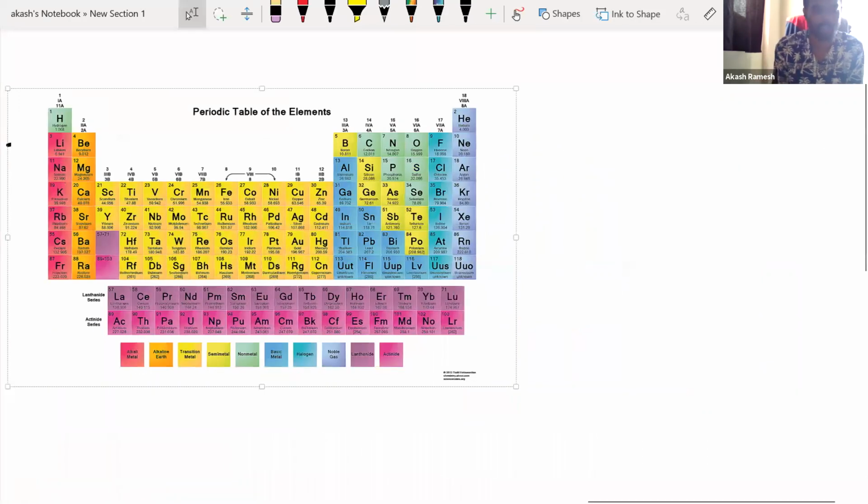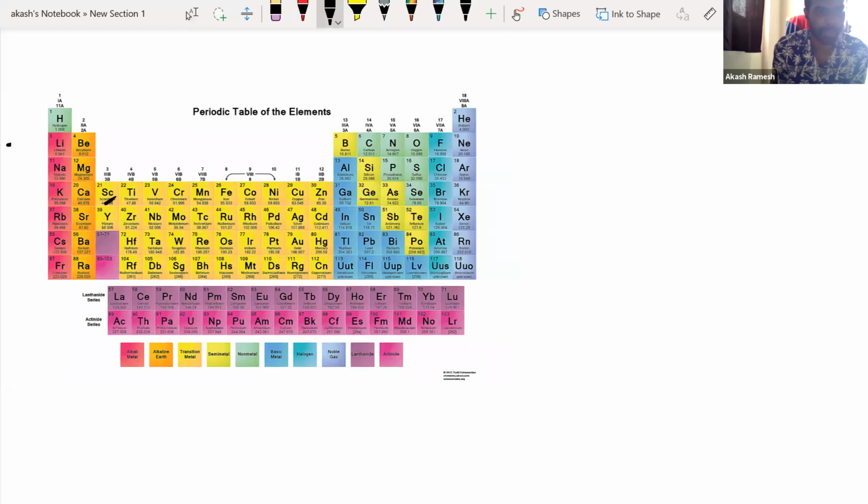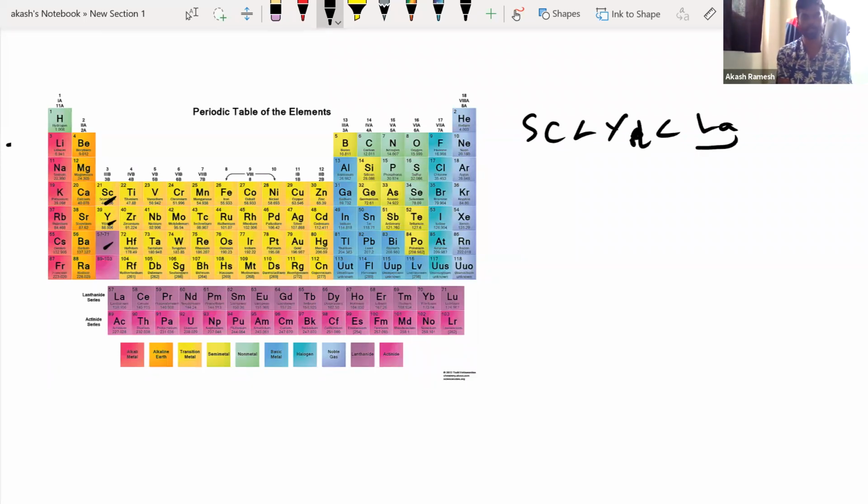Now you look at this. I have scandium, yttrium, and then lanthanum comes. What I expect the size order to be is scandium should have lesser size than yttrium, and yttrium should have lesser size than La. Lanthanum should have more size because down the group, atomic size should increase. But what you see is that scandium and yttrium are okay, but when comparing yttrium and lanthanum, yttrium is having more size than lanthanum.